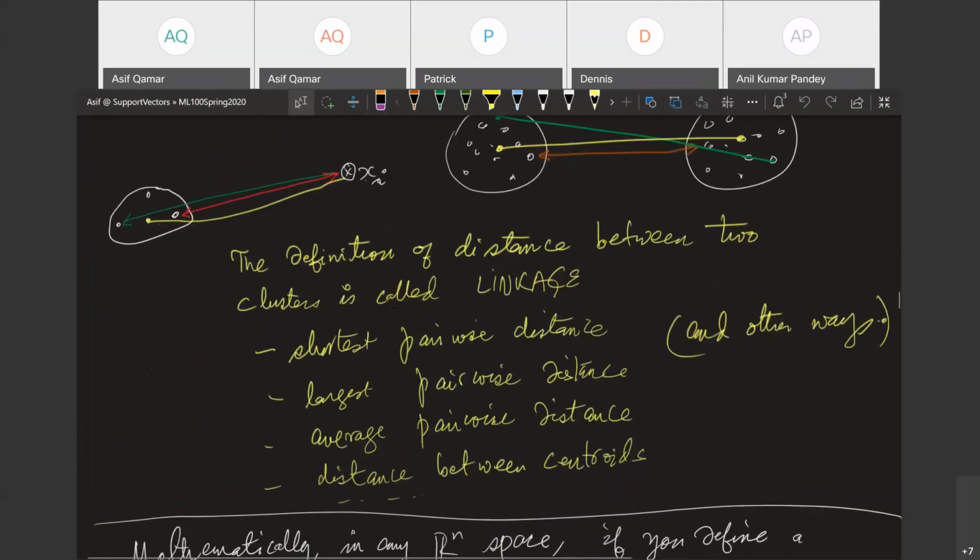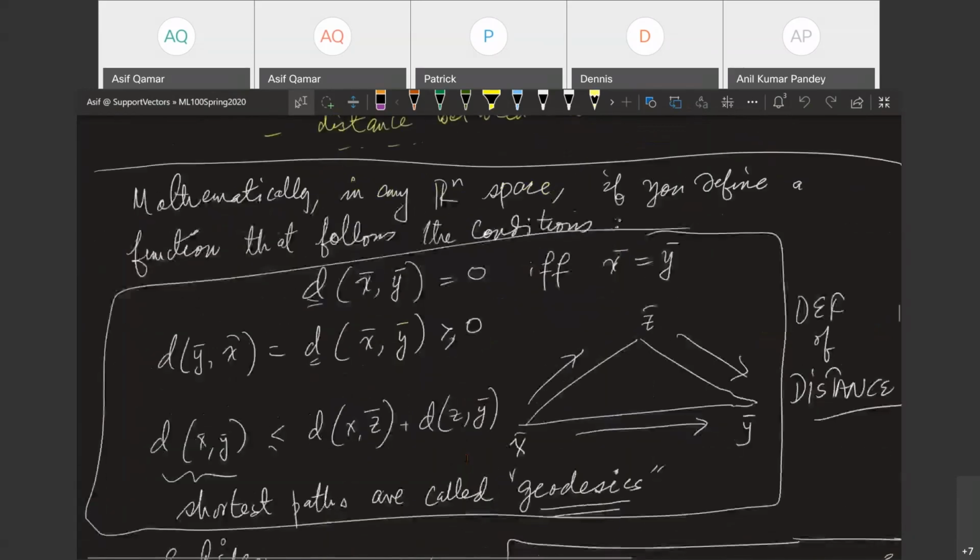In this, there is a linkage function. The question is the notion of distance between two clusters. How do you define the distance between two clusters? Is it the distance between two nearest points? Is it the distance between the centers of the clusters? Is it the distance between the furthest points? Is it the averaged pairwise distance, taking a point in one cluster and a point in another cluster and averaging over them? There are so many definitions you can use to define the distance between two clusters. Those are called the linkage functions, because they are needed if you want to support the notion of distance.